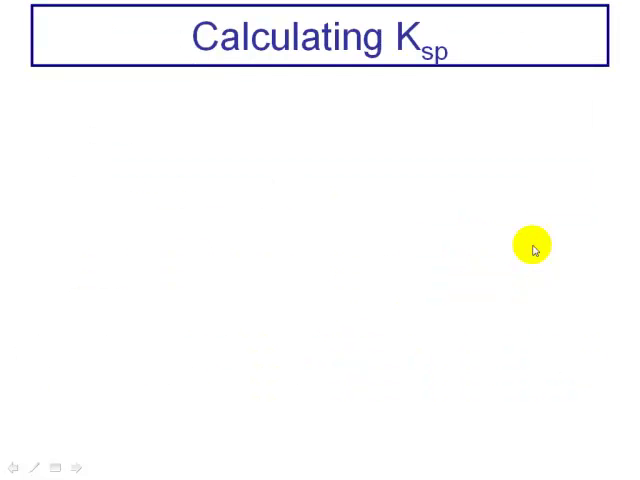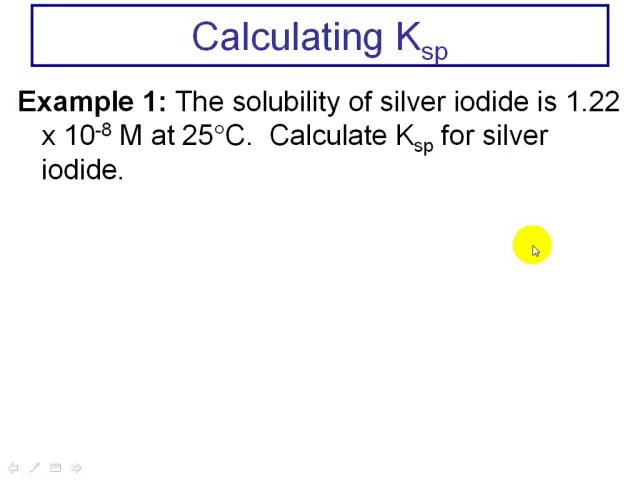Now, we're going to look at a couple important applications. The first one is, if I have data, how do I calculate KSP? We're going to do a couple examples here. Okay, here's the first one. We're going to find the KSP value for silver iodide, which is AgI. It tells me that the solubility of silver iodide is 1.22 times 10 to the minus 8th molar at 25 degrees Celsius. We're going to find the equilibrium constant for the dissolution of silver